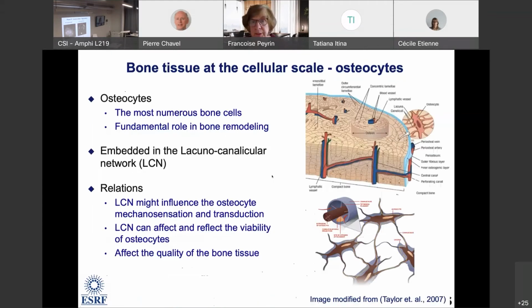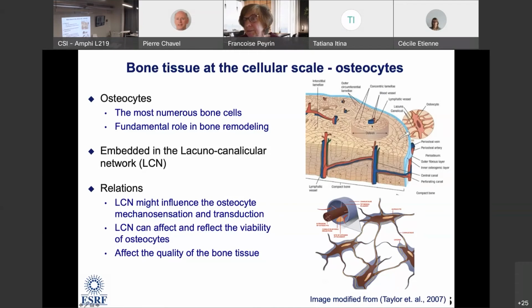So now we will use this technique to see, let's say, the ultrastructure of bone. That means not only the microstructure of bone, but the smaller structures in the bone. And actually, if you look at the bone, this is a piece of a scheme of cortical bone. You have